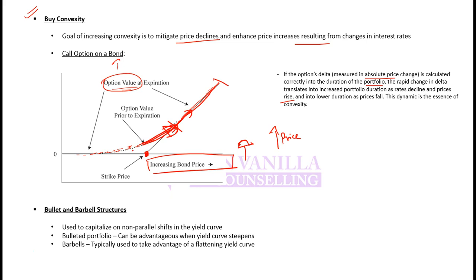Why would your duration increase? Your duration of portfolio will increase because then your option is becoming valuable, and if the option is becoming valuable, that means any small change in interest rate can lead to the option being exercised, and when the option is exercised, the change in portfolio value can be higher or significant compared to a straight bond. So as your bond price increases, your duration is higher, and as bond price decreases, your duration is lower. Why is duration lower? Because the call option loses value, and as the call option loses value, you have approximately no value, or very little value, towards a decrease.